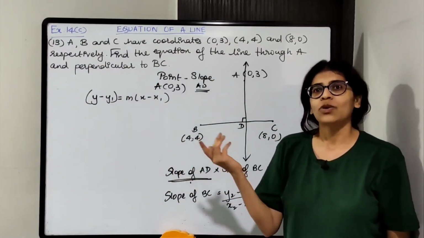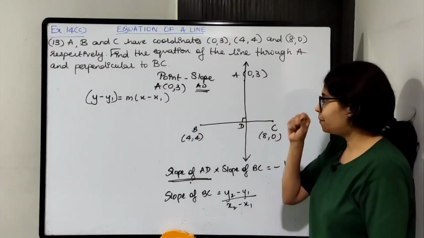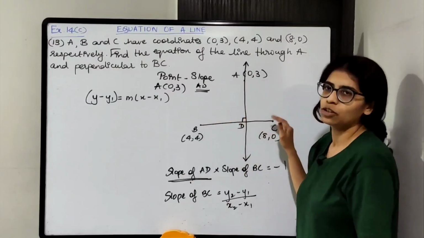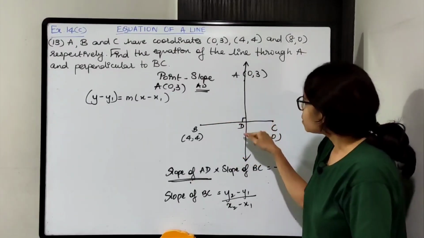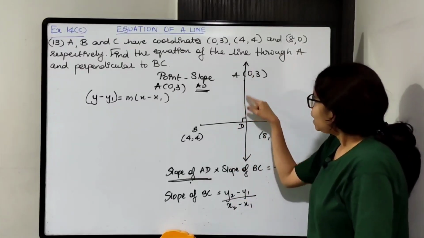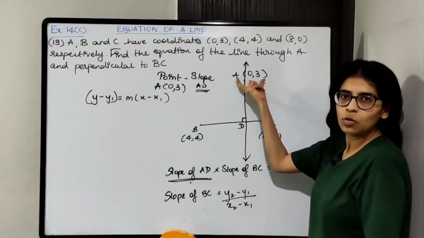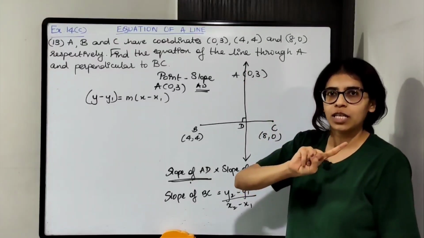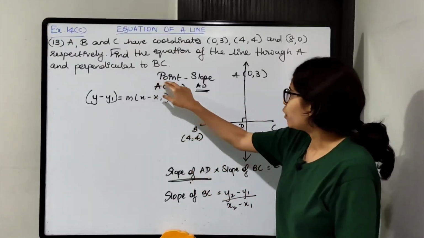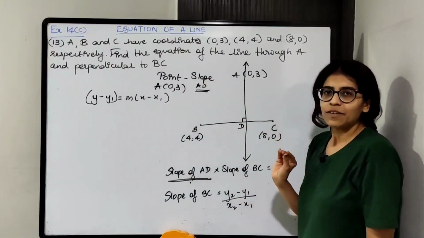Okay. So I'll repeat. There are 3 points A, B and C. And there is a line passing through A which is perpendicular to BC. So let this line meet BC at D. AD का equation find out करने के लिए I have A का coordinates, that is one point का coordinates है. What else can I find out? I can find out slope. So by point slope form I can form the equation. So slope कैसे find out करेंगे?